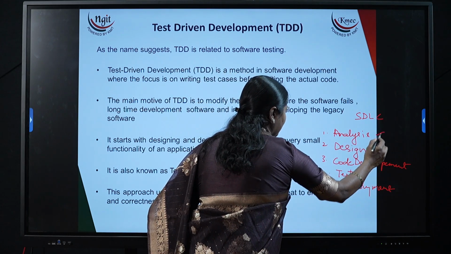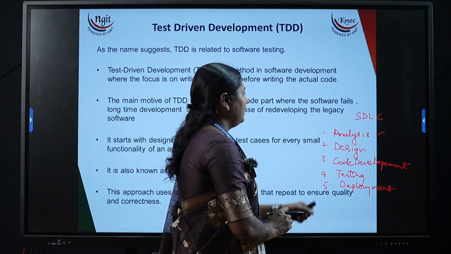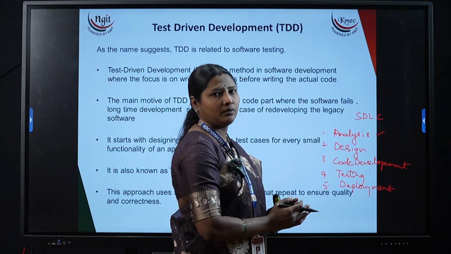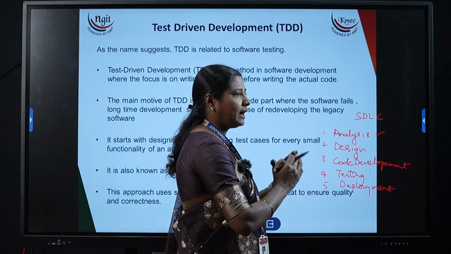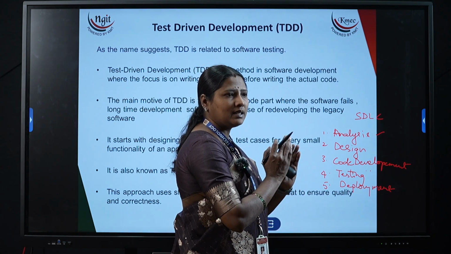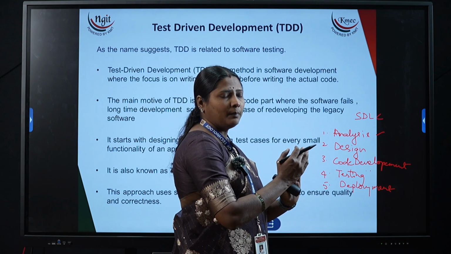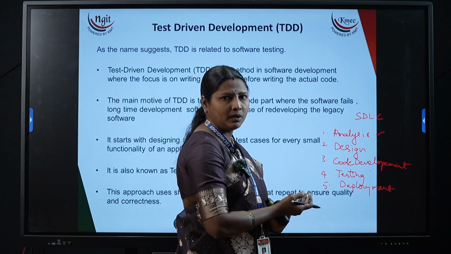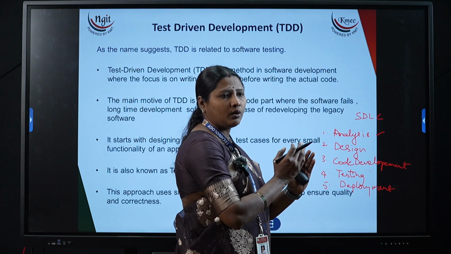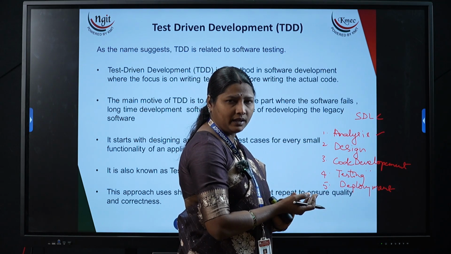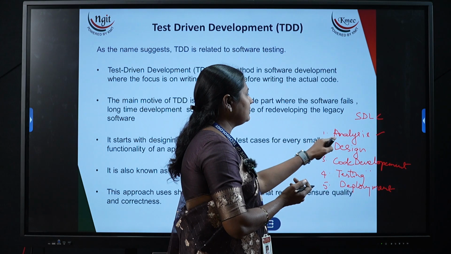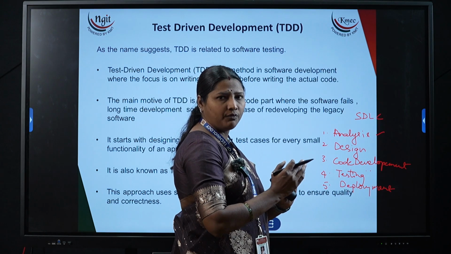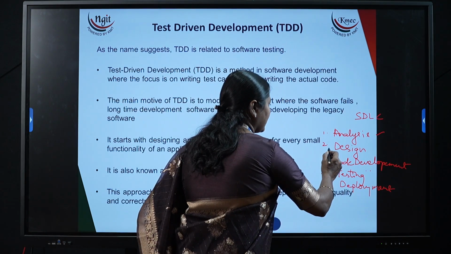The first one is understanding the problem statement, like what exactly the software is, whether it is system software, application software or utility software. So what kind of software it is and what exactly the problem is, like whether the developer is developing legacy software, or they are going to refactor and redevelop the product, or failed software is going to be enhanced or modified. So in the analysis stage, the developer understands the type of software that is going to be developed.